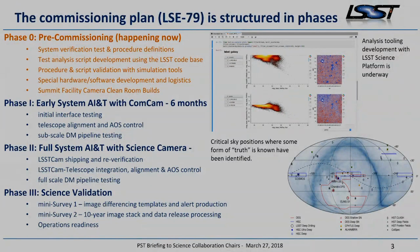Phase one is with ComCam. Remind you that ComCam is an early instrument that goes on the telescope, which consists of a single science raft. Then the second phase is when we integrate the full science camera onto the telescope, and the commissioning effort concludes with a science validation effort, which is right now defined as a